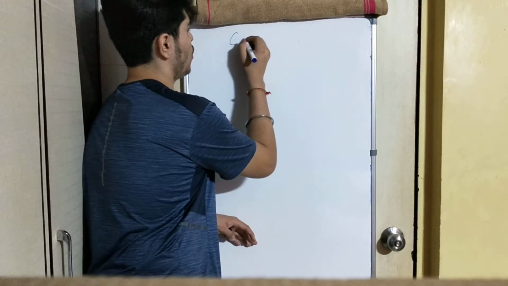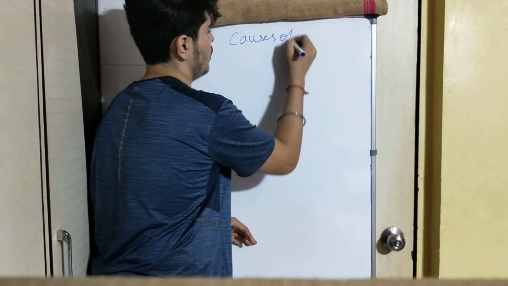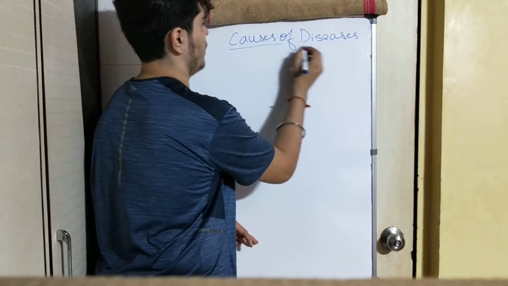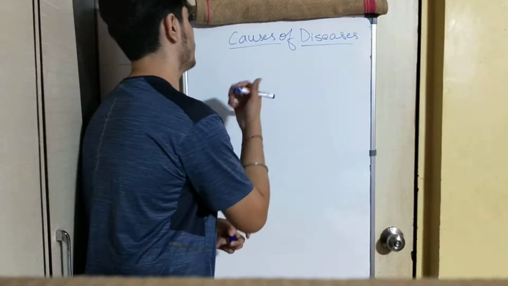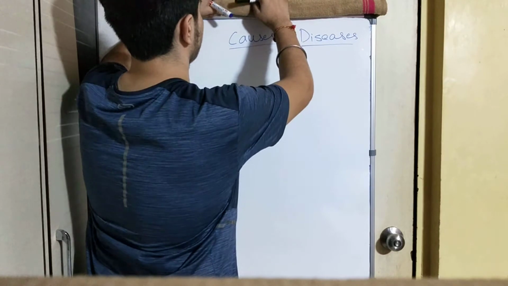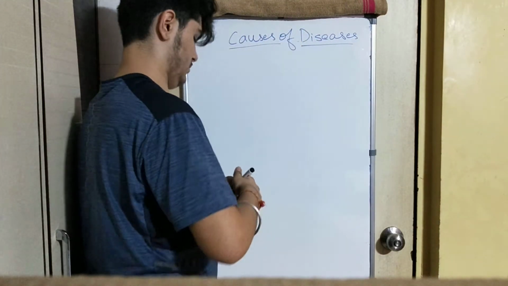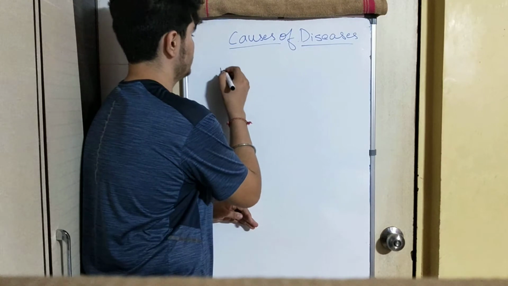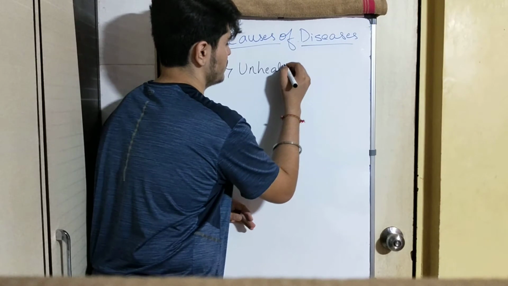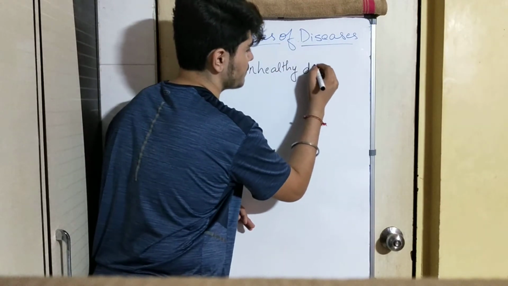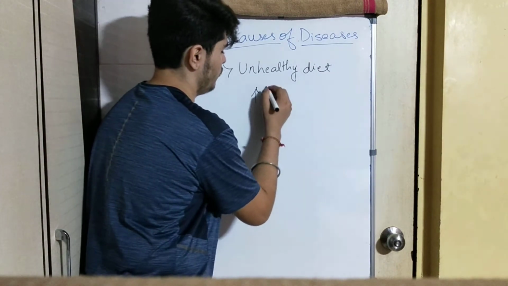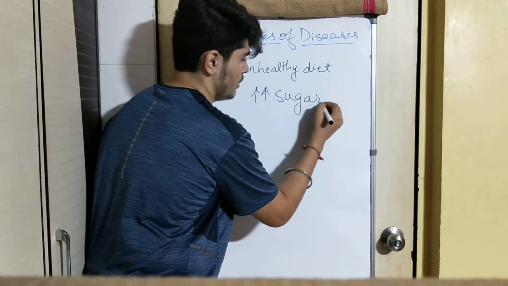Now we come to causes of diseases. The causes of diseases can be many. I'll write with another color of pen. The first cause is unhealthy diet. Unhealthy diet means more of sugar consumed,